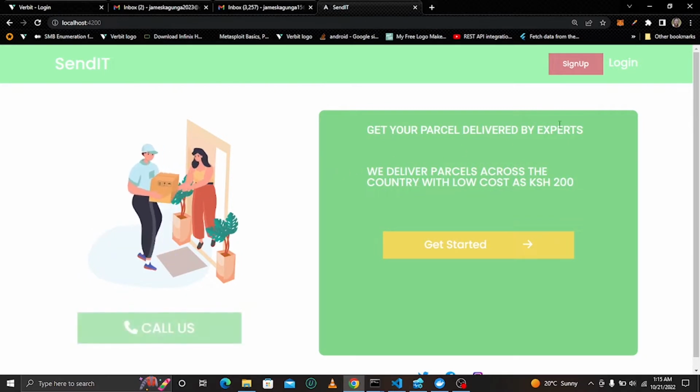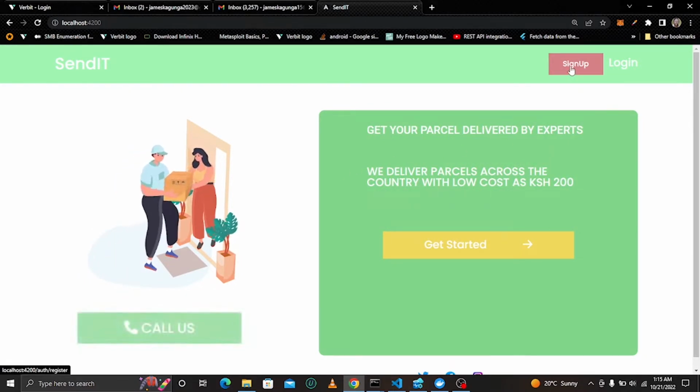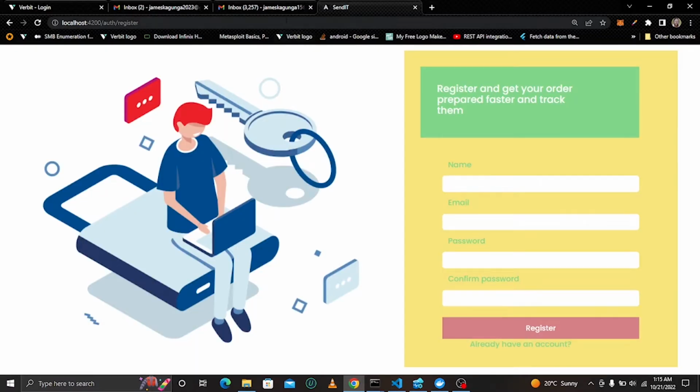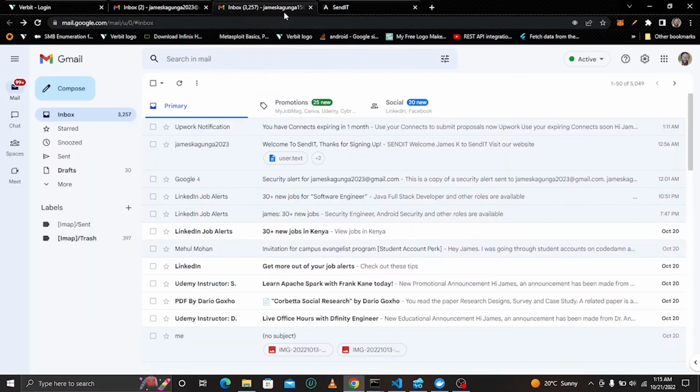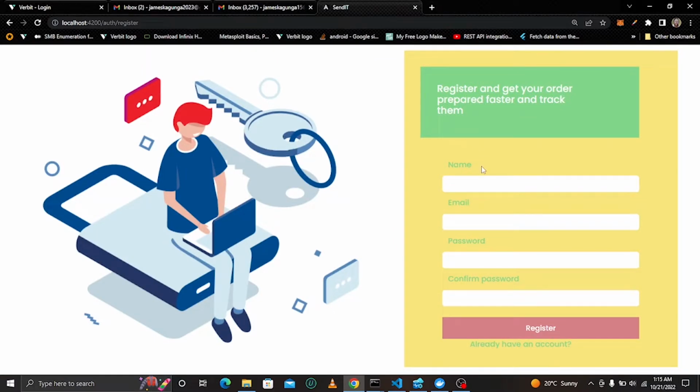So as you can see here, these are my users in the database. I just want to come here and sign up one of the users so that we send them an email to welcome them in our application. So this is the email that we'll be using to register, so that we see if we can get that email here. So let me register this user and the email here. Of course, I'm using my emails, that's why I can access my inbox,